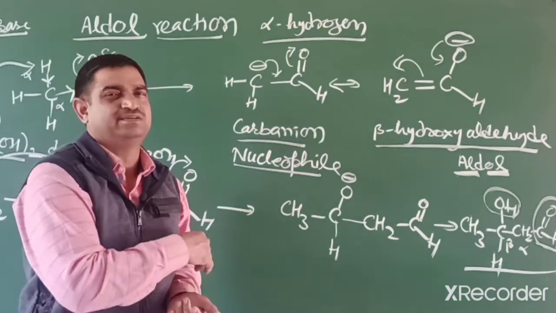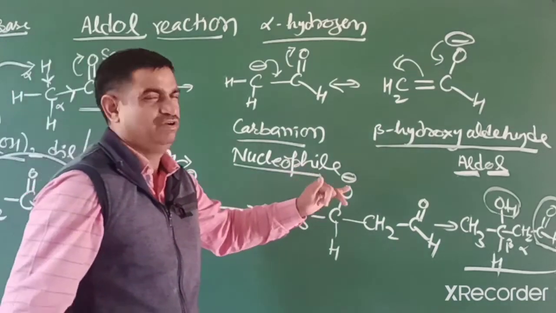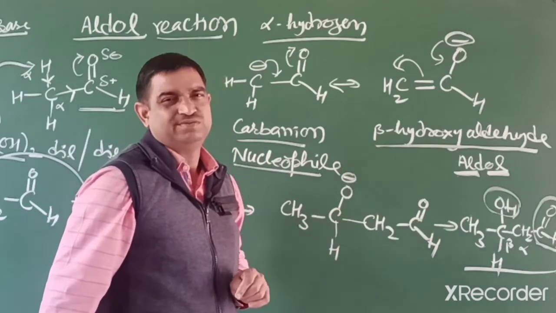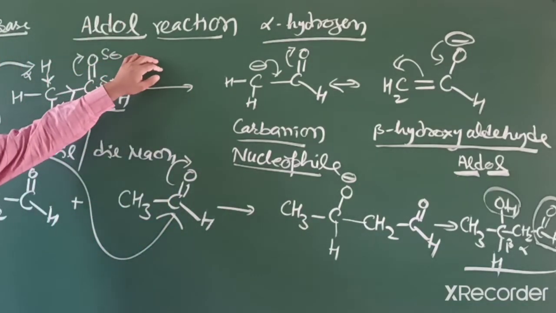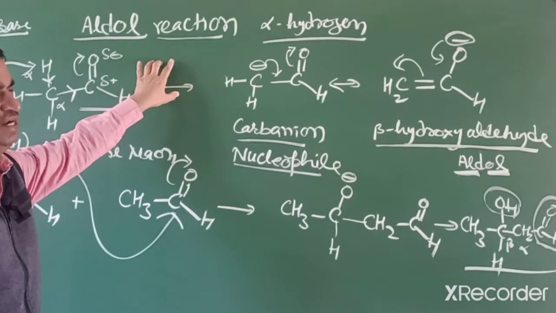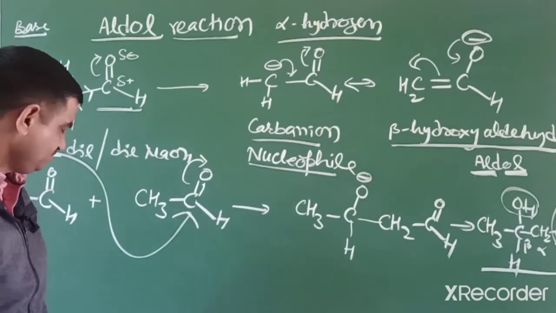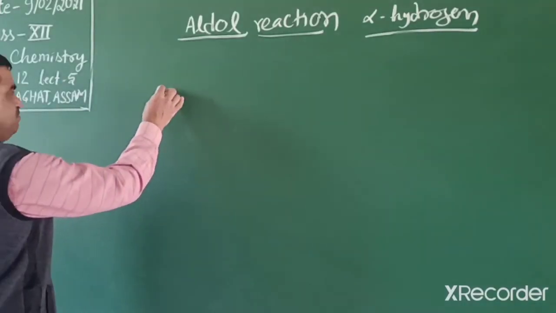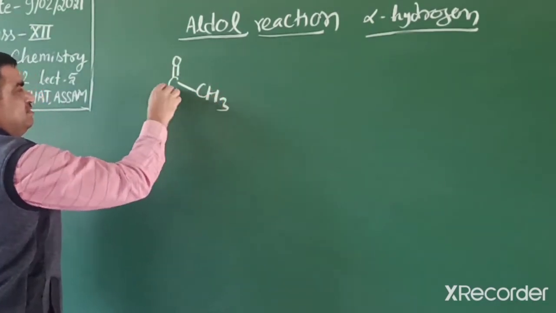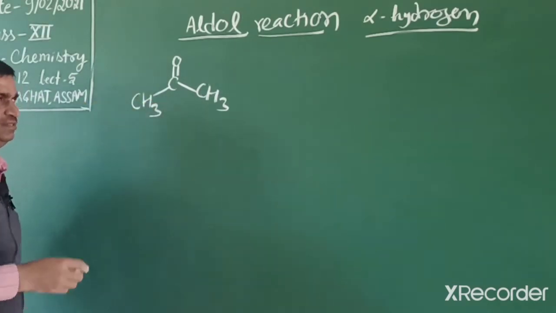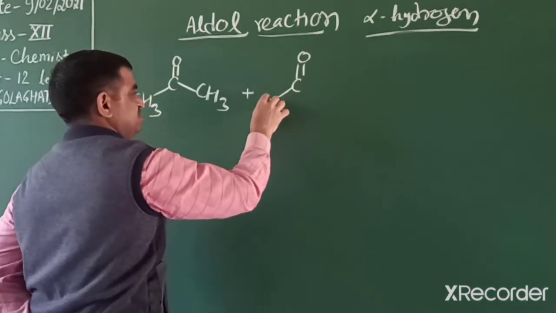The same reaction occurs in ketones also, between two molecules of ketone. But that product is a ketol, because it has a ketone and an alcohol in the molecule, and the name of the reaction is aldol because aldehydes were discovered earlier. After heating, it releases a water molecule. Next example of the aldol reaction we can explain like this: acetone. In this acetone, 2 moles react. We can write in this way.